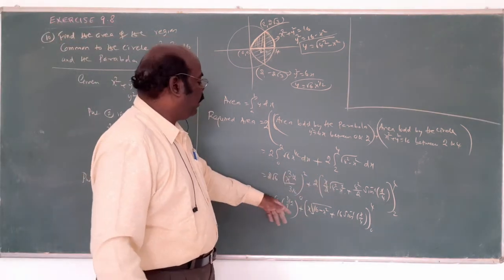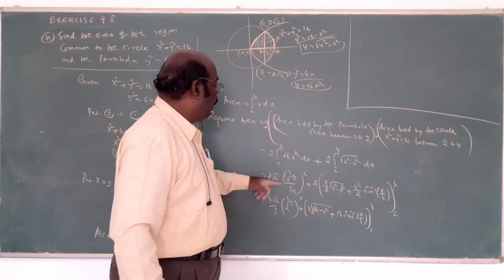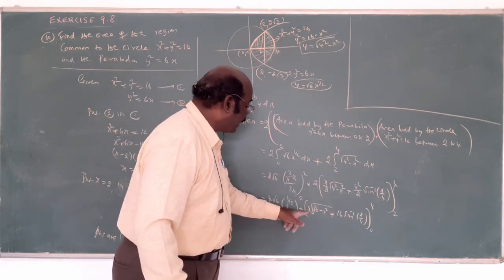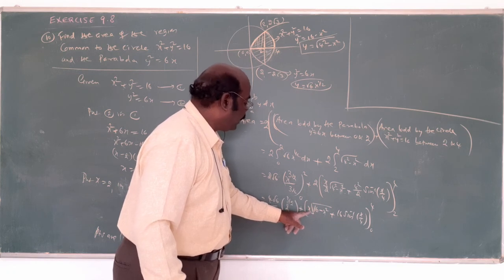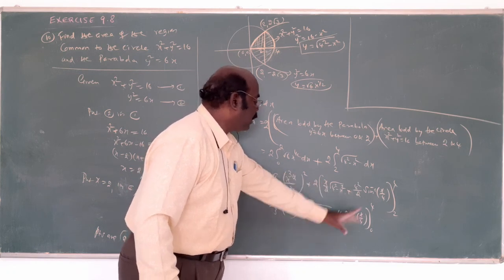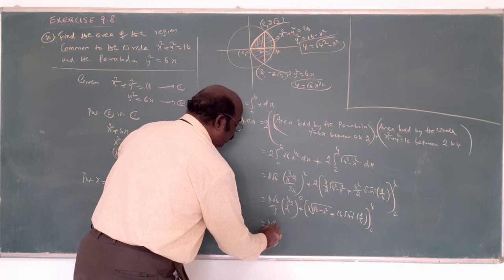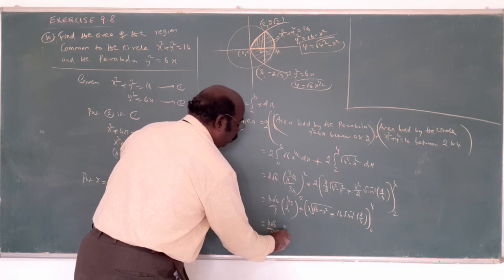One more time, I want to explain. Here actually the 2 outside, the 2 is the constant. Multiply 2, so 2 cancels, x is x coming. Root of x is root of something. 2 cancels, 16 is something. Now upper limit is here. This will have 4 root 6 by 3. This is what? 2 into root 2.